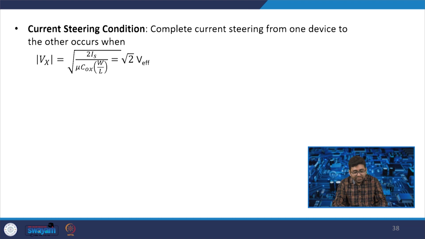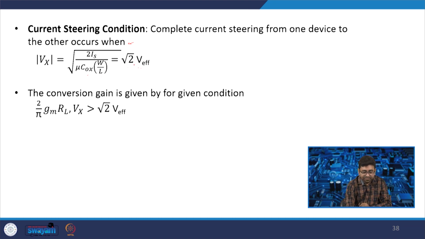So, the current steering condition, complete current steering from one device to the other device, occurs when Vx is equal to square root of 2 I_S by mu Cox, where you can consider mu_n Cox W by L. You can also write it as root 2 times the effective voltage, V effective. So the conversion gain is given by 2 by pi Gm into RL, under the condition that Vx is greater than root 2 V effective,